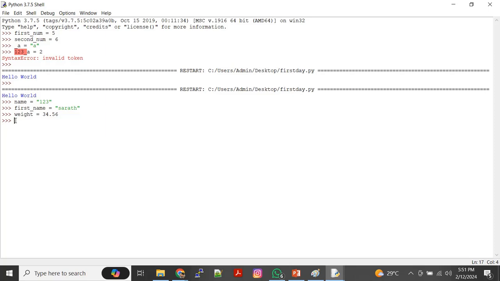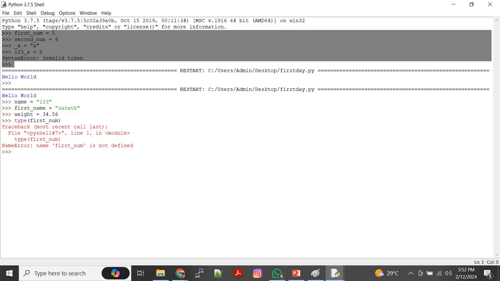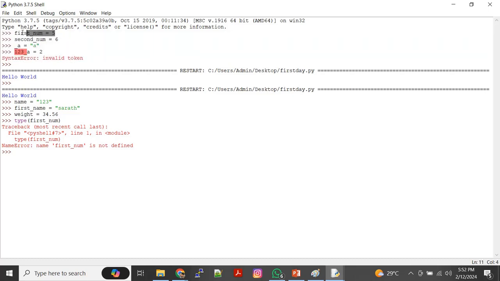Now you may have a doubt. How do we know which variable is of which data type? Somebody has defined this. How do I know the first number is which data type or first name is which data type? For that, there is a method called type. If you put the type method and that variable name, it will tell you what data type that is. That was executed before, so that session was ended. That's why it's not showing up now, because we executed from a file. So I'll just assign again, and